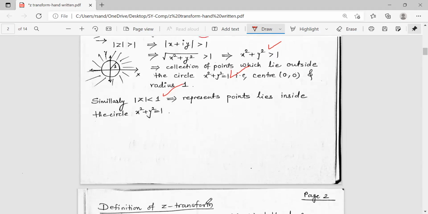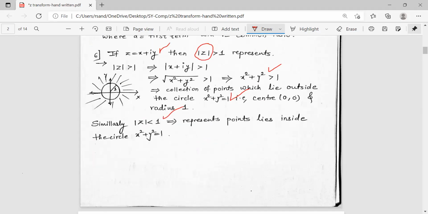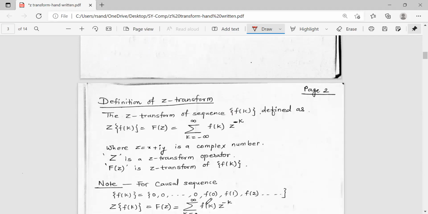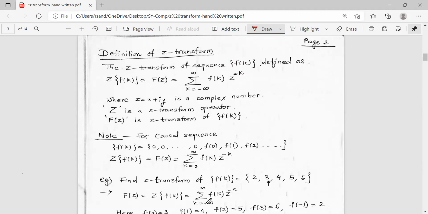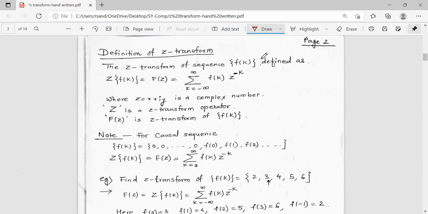Now with all these formulae and the basic terminology for this one, complex number and what is the modulus expression, we are now defining this Z transformation. So Z transform, now we know what is the sequence. Okay, sequence, how to define that we know. So f of k is any sequence, then the Z transform of f of k, that sequence, is nothing